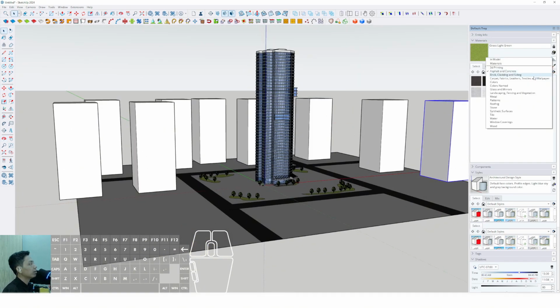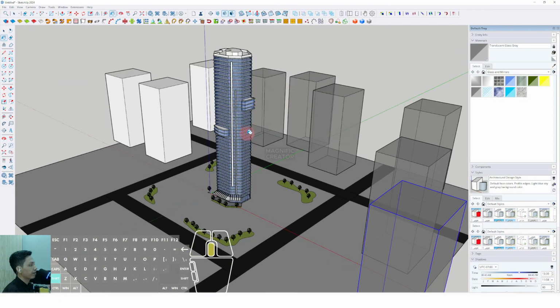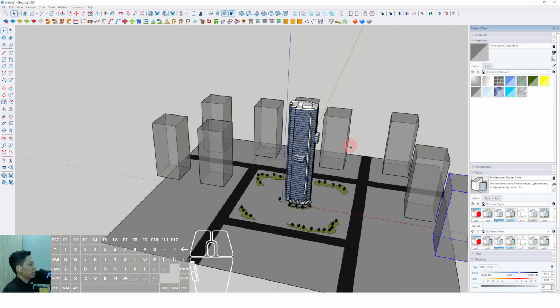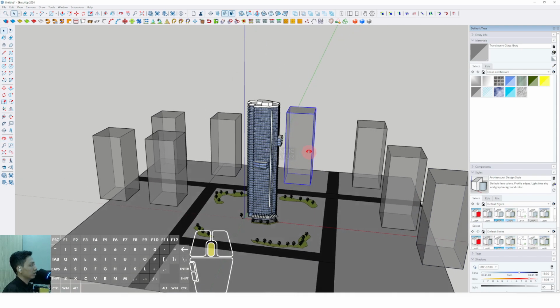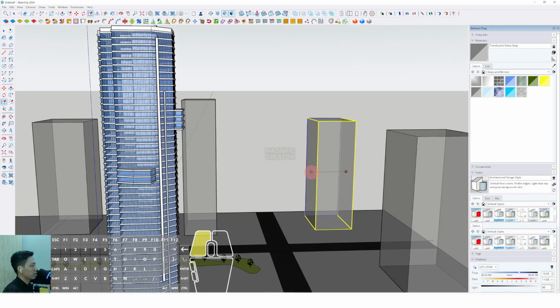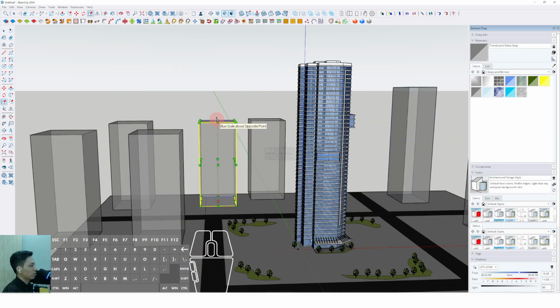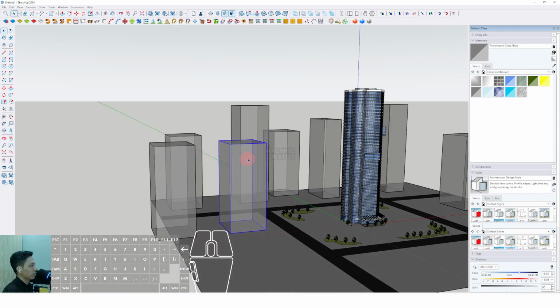So you can assign with another materials over there like this, and you can adjust for the difference elevation. You can adjust for the difference height of every single building over there, so it could make realistic enough,